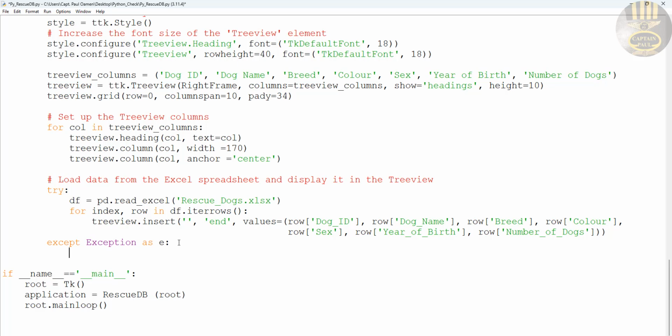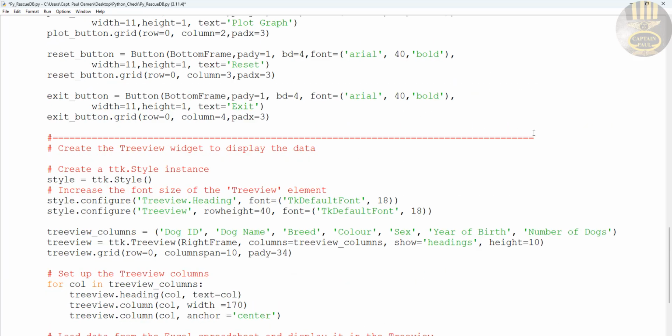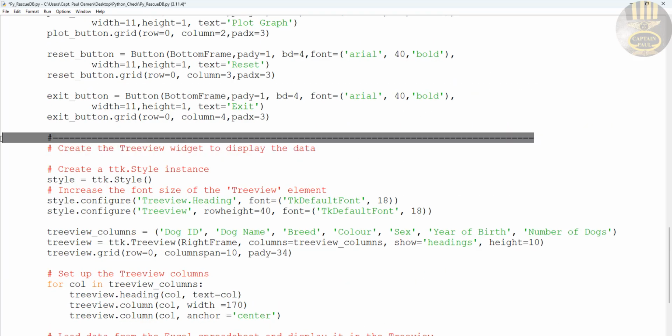So right in here, say message box dot show error. That will be the default error message. There we go. And let's say comma, string e. Okay, if I run this now, I should be able to see the data on the